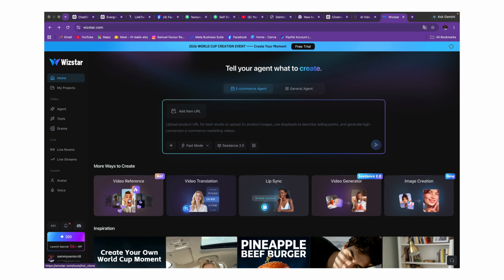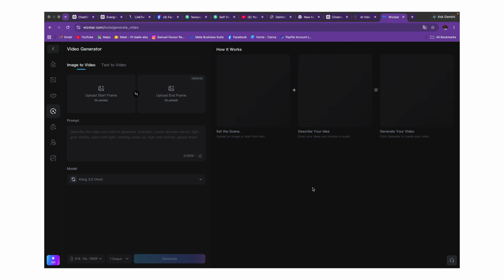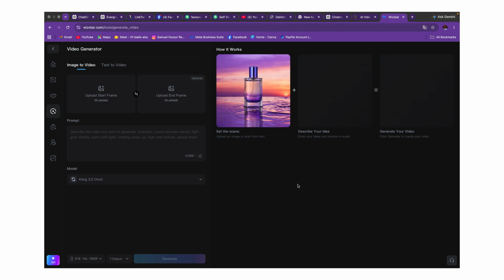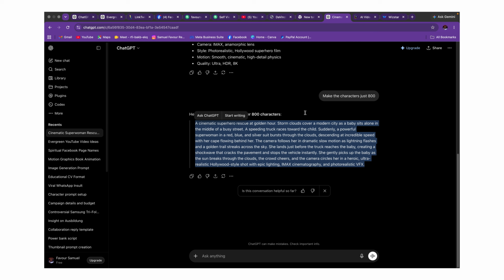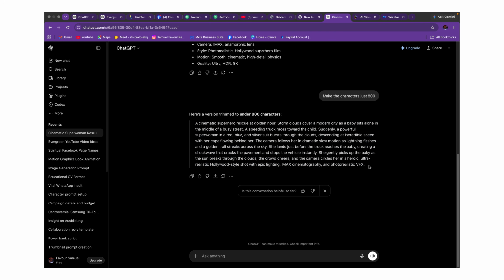That is, if you have a video or a picture that you want to use to generate a video, there is video translation, lip sync, video generation, and image generation. So I'm going to click into video generation because that is what we want to do, right? So on this page, I'm going to input, that is, I'm going to copy my prompt from here, that is the